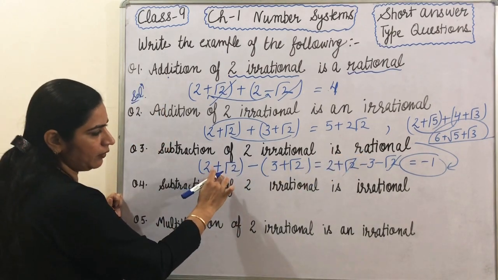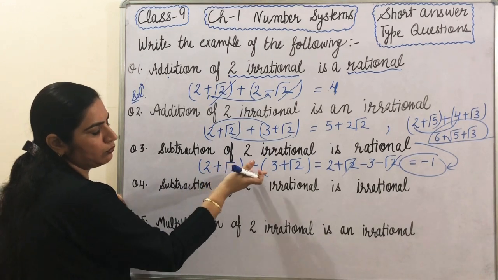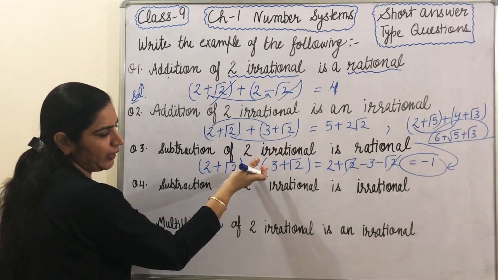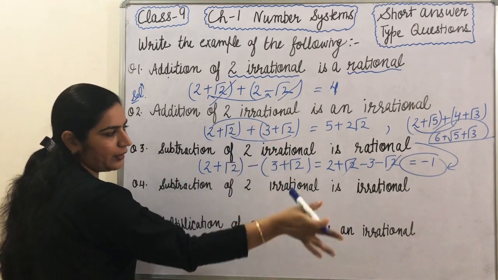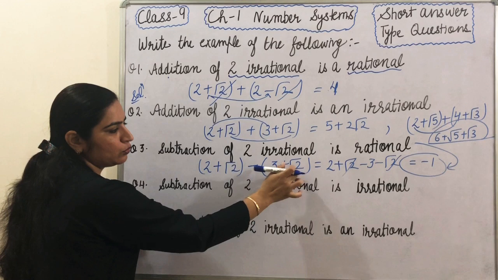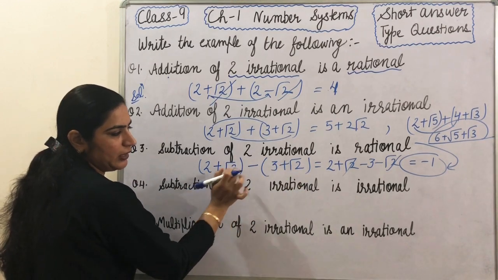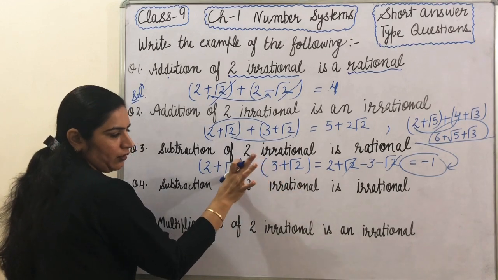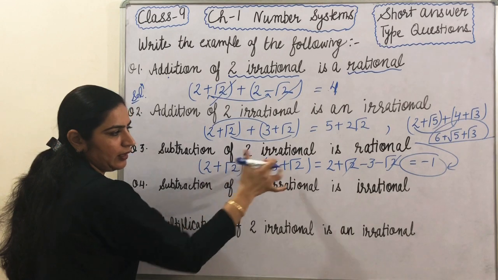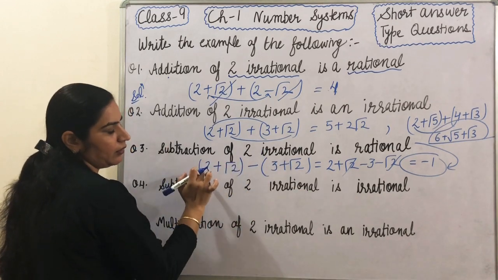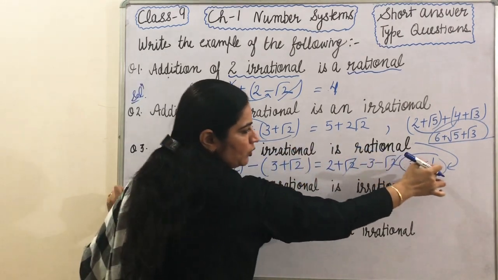So one number, any number you can take. Here I have taken 2 plus root 2 and subtraction is required, so we subtract the second number. According to the requirement, this root we have to eliminate. This is not required. So intentionally here and here you have to take the same root such that we can cancel both. Now the left term is 2 minus 3 which is equal to minus 1.